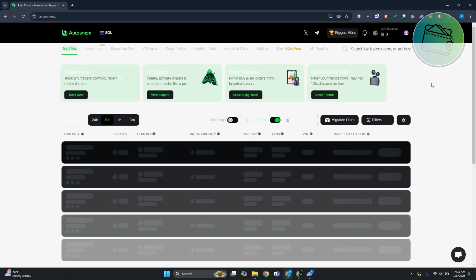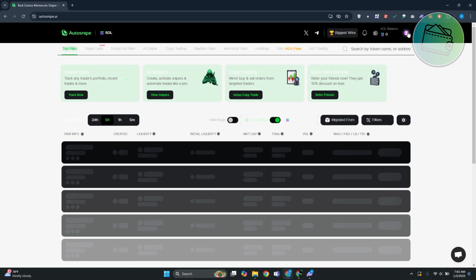So in this case, how do we exactly log out here? Well, this one is fairly easy. First things first, you want to go ahead and go to your Autosnipe.ai account here. And from here on, what we need to do is access the necessary settings. From the official UI here for Autosnipe.ai, at the top right, you should be able to see a person